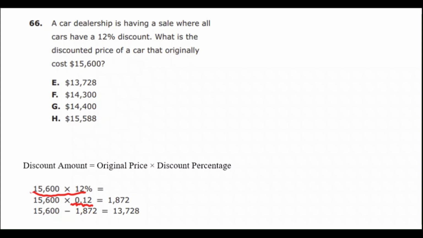$15,600 times 0.12 equals $1,872. So discount amount equals